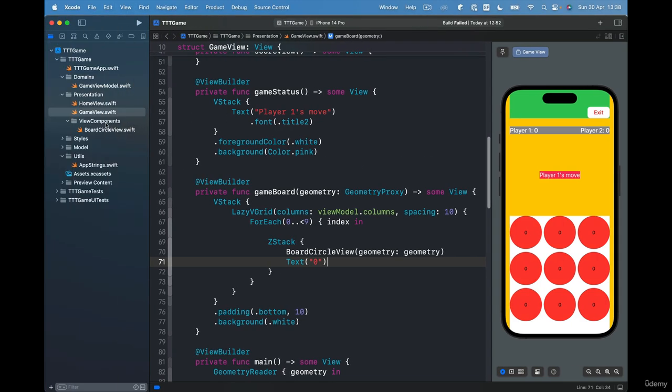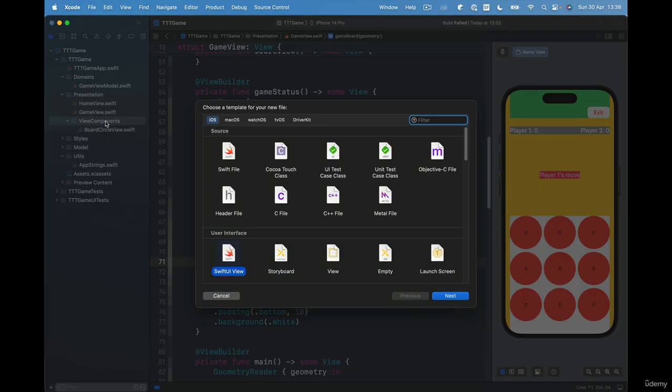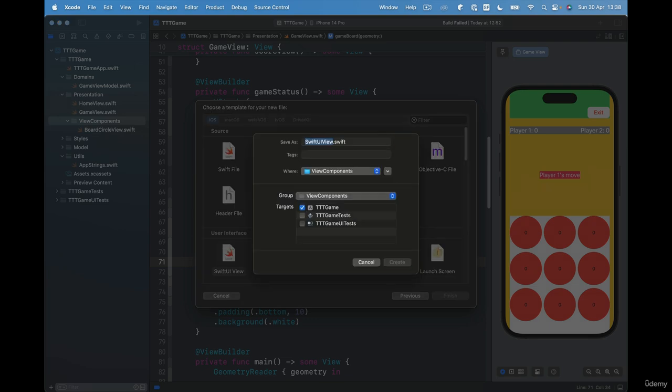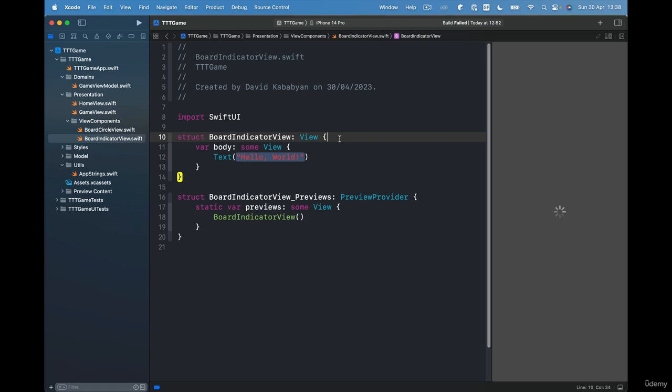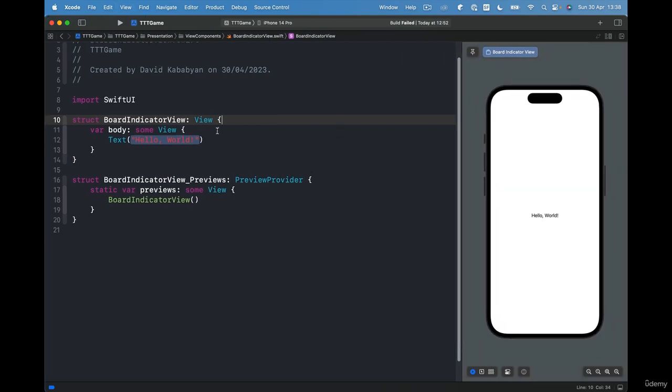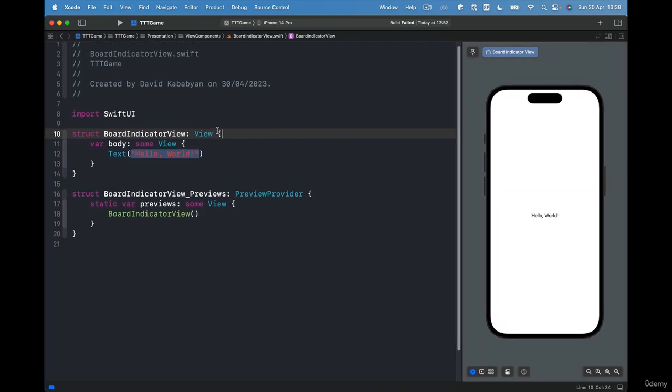Let's go to our view components, Command N to create a new SwiftUI view. And this I'm going to call BoardIndicatorView. Okay, so here we are going to show some kind of indicator for our board, so it will go on